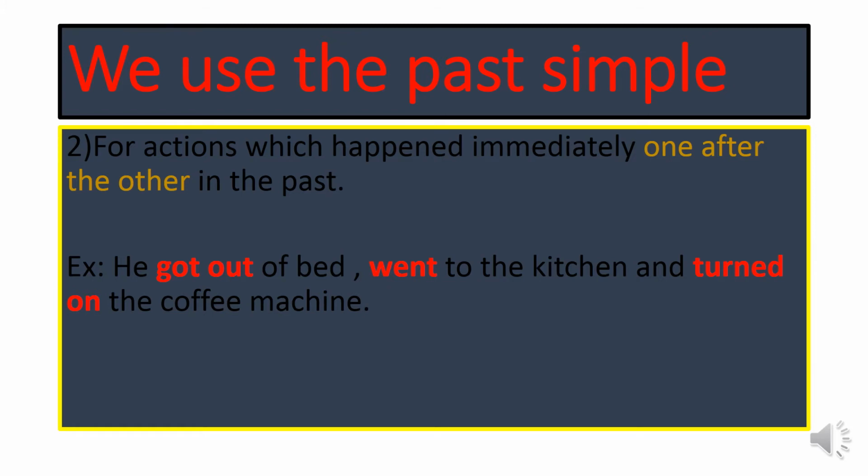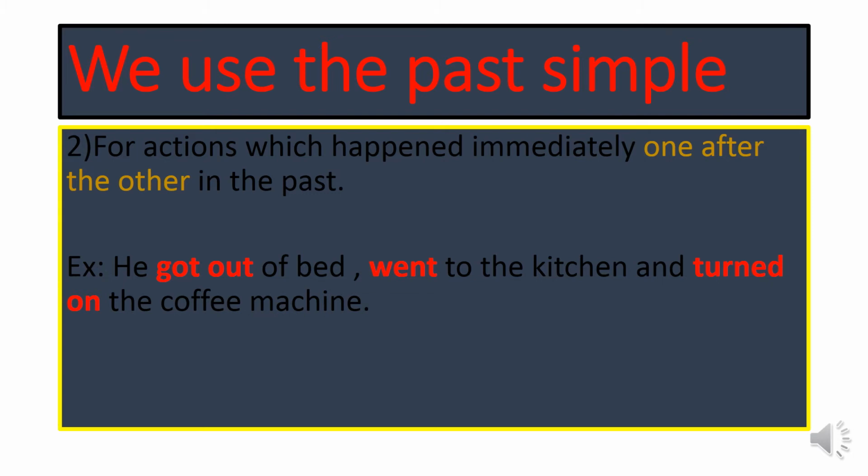Here, how many actions? In the example, we have three actions. We have the action of getting out of the bed, the action of going to the kitchen, and the action of turning on the coffee machine. That means we have here three actions. Three actions happened after each other in the past. So, the second usage of the past simple tense is to talk about more than one action happened after each other